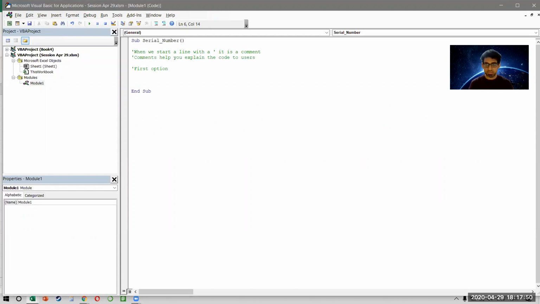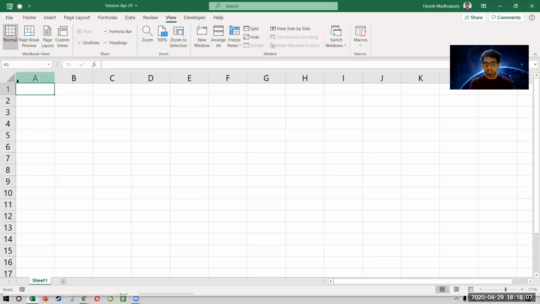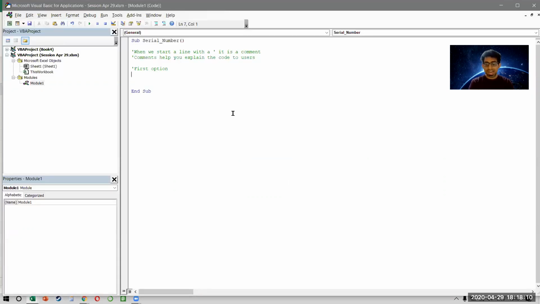Like you guys are going to learn VBA today and the next 3 days. What about the others who don't understand VBA code? For them, you have to give some instructions, right? So a comment is just like an instruction. How do you put it? You just put a single apostrophe. And if you notice, the color becomes green, which means that it's a comment. Now, there are two ways of putting a value in A1. First, I can say Range("A1").Value is equal to 1, like this. And the second option is, in fact, let's see first if the first option works or not.